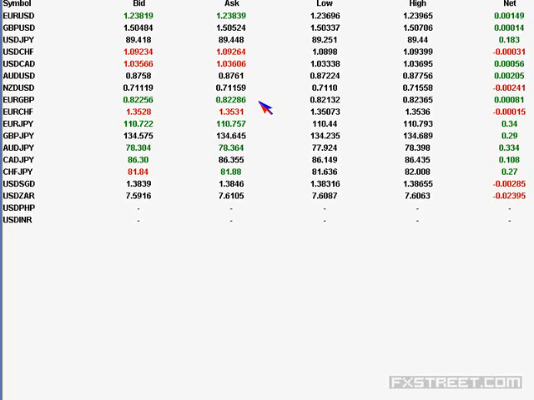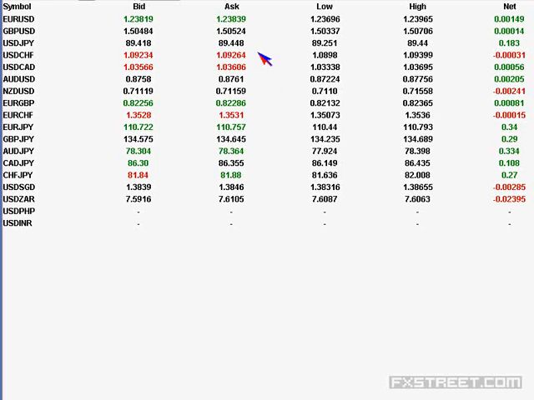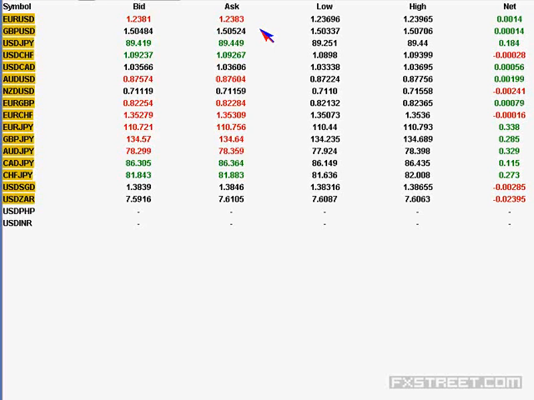I'll focus the camera over the live market quote page, and you can view the current levels of the majors and the commodity pairs, and also the crosses, and also the respective GMT time. And we will try to read the market and try to identify what is the intention of the player in the days to come, or at least for the sessions to follow.